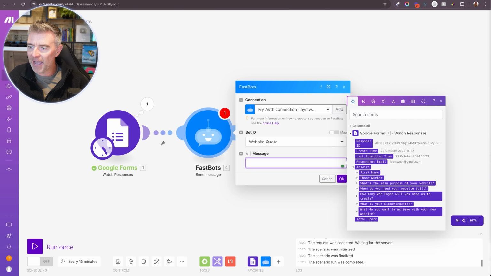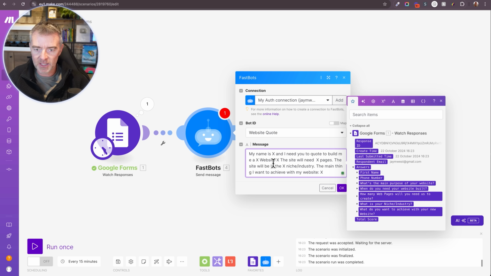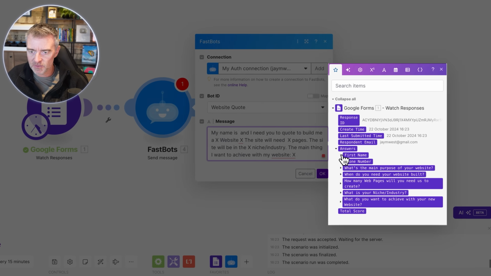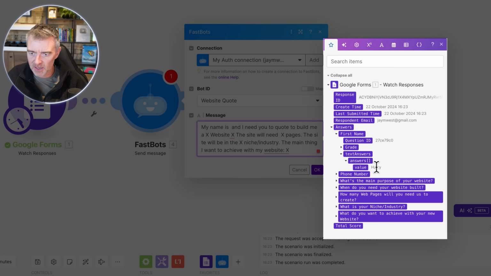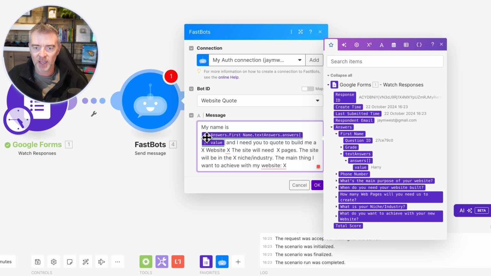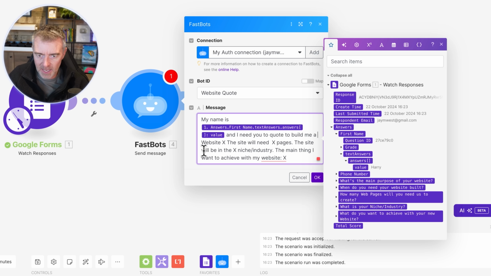So I'm going to add in, first of all, the fixed things that I want to put in here, like this. So I'm going to be putting in "my name is", and then we're going to get that information straight from the form over here. So you can see it says first name, and then it's got text answers. We just keep going down, and now you can see it says Harry there. So that's the value. We just click on that, and now it's going to say "my name is Harry, and I need you to quote to build me a",